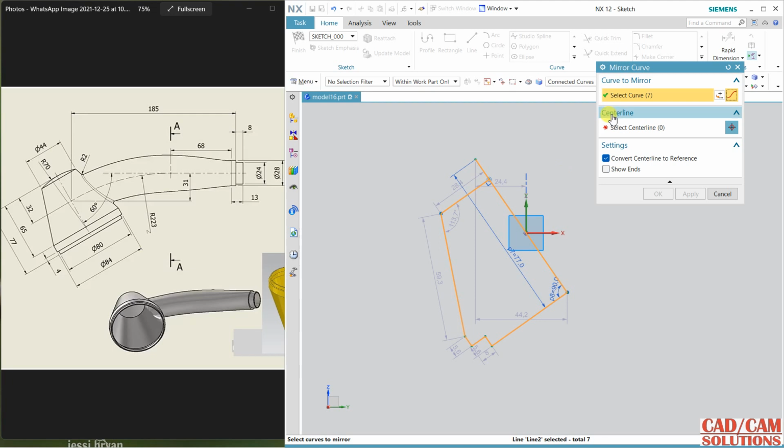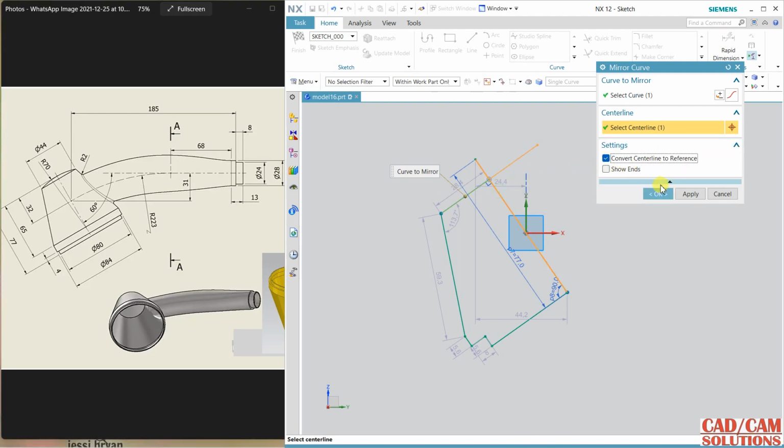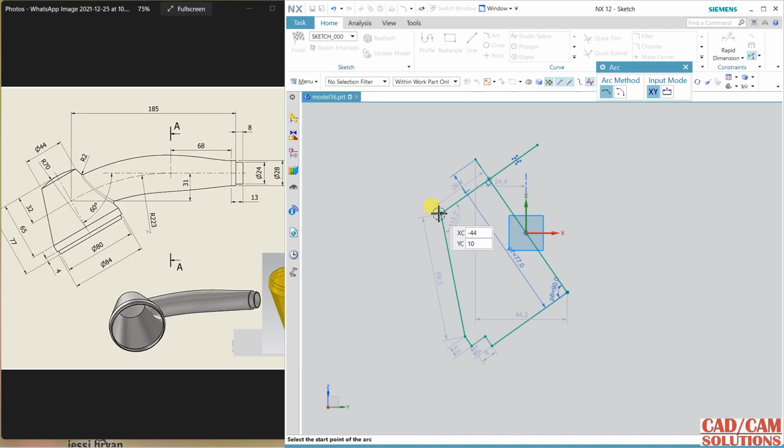mirror this line only, not all the lines. Just change it to single line, and my single line is this and center line is this. And before that, don't convert the line into center line, or if you want, select this and okay. So here in our case, I'm not converting this line into center line, and